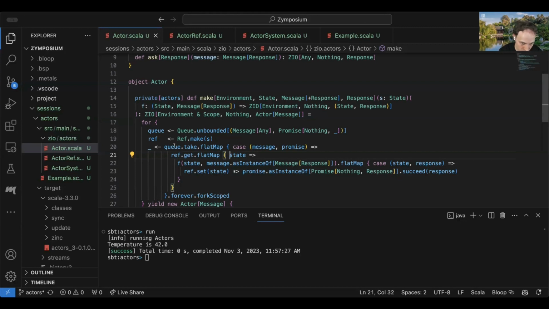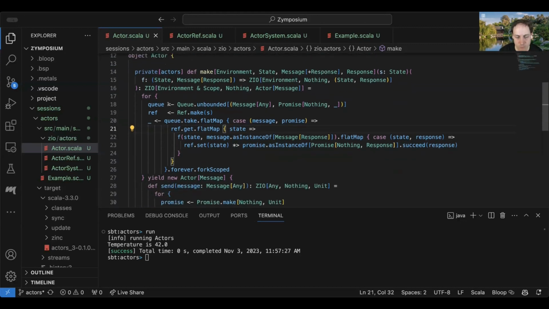We could imagine instead that we had some ref we created of whether we were shut down or not, and when the scope was closed, we set that ref, and maybe every time we process, we check and we do something. So there are a bunch of different things we could do there.